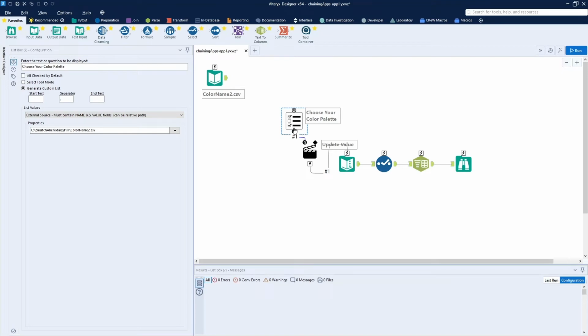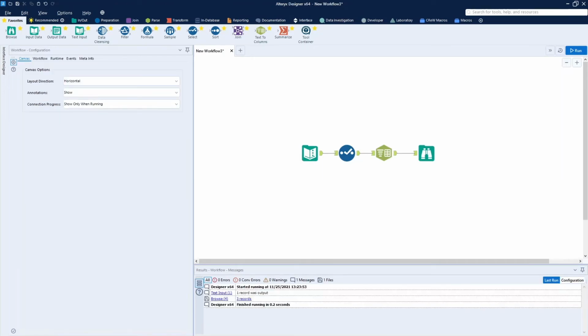You must read from a file that has name and value in it. So we're going to go ahead and create some new workflows that use our MySQL database and show you how to chain those applications together to get you a dynamic list going into your interface widget. So let's look at how to overcome this problem with the data coming in dynamically, not being refreshed. And we're going to do that by bringing in